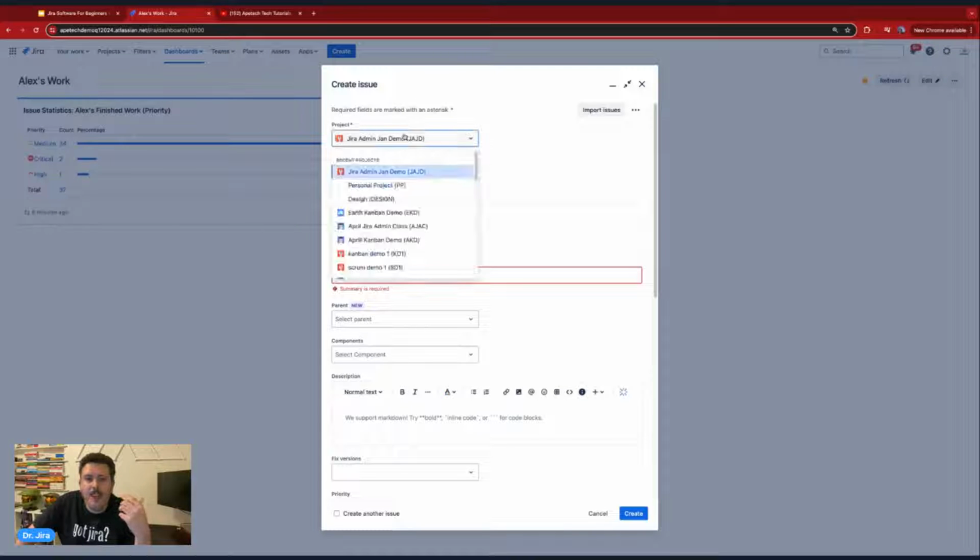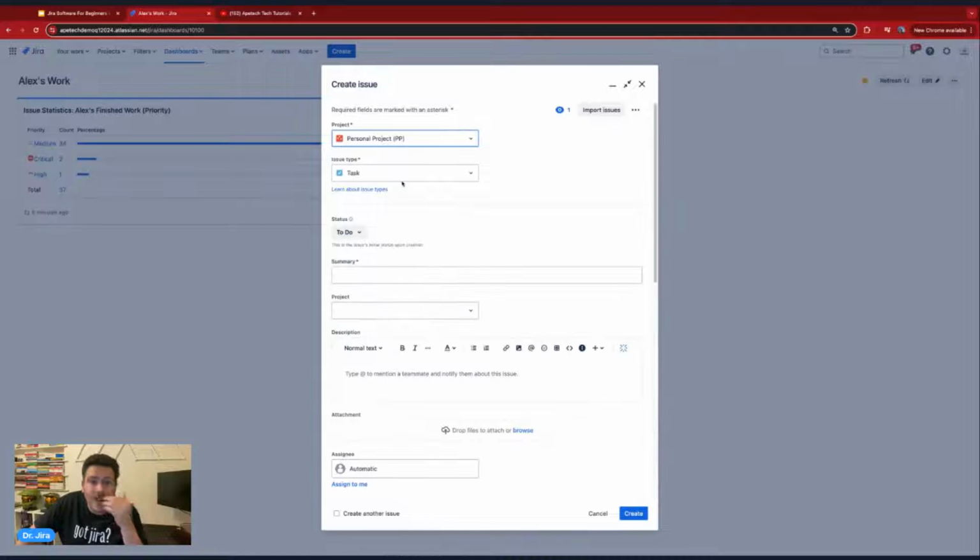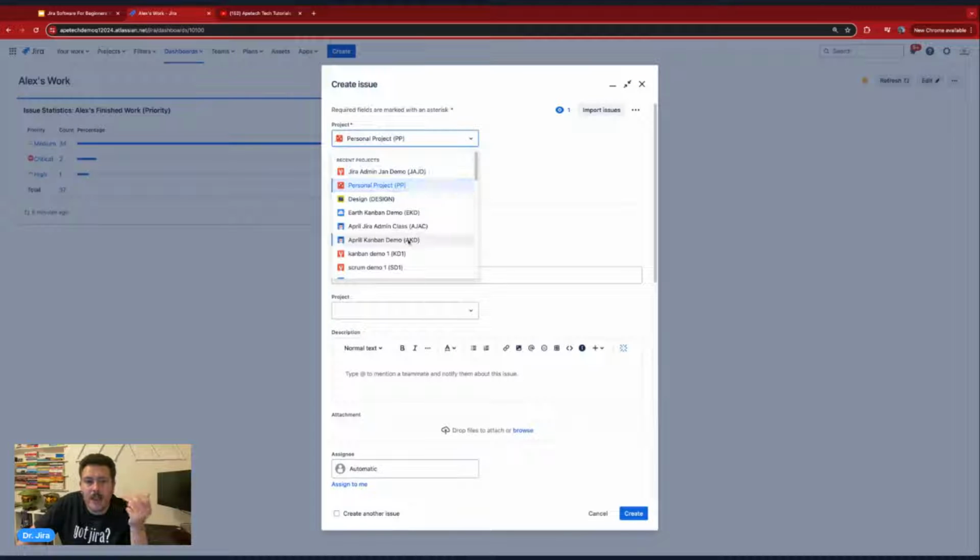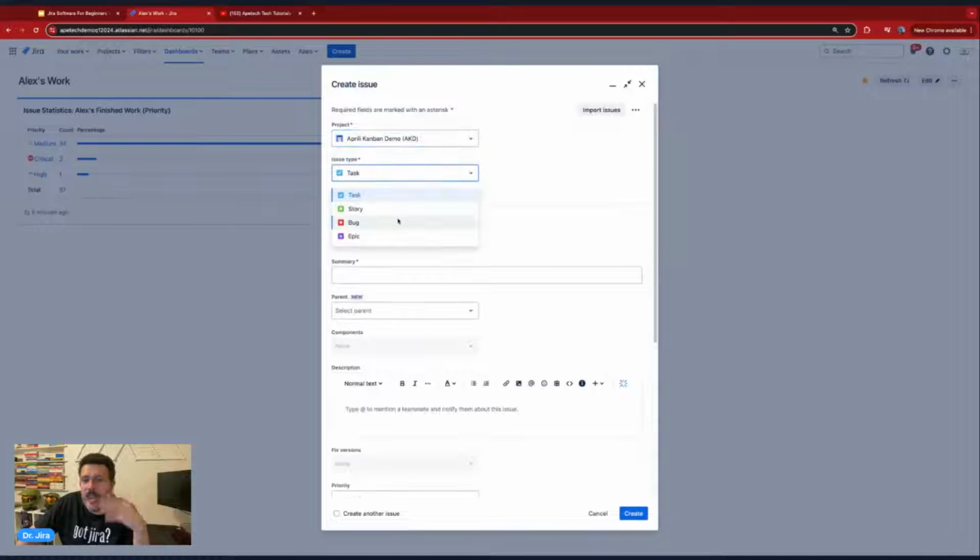Because out of the box, if I open up one of these projects at random here, we're going to have tasks. We're going to have epics. We're going to have stories. These are the default settings that Jira ships with, and they just coincide with Agile. Okay. But when we create something, when we hit this create button up here,